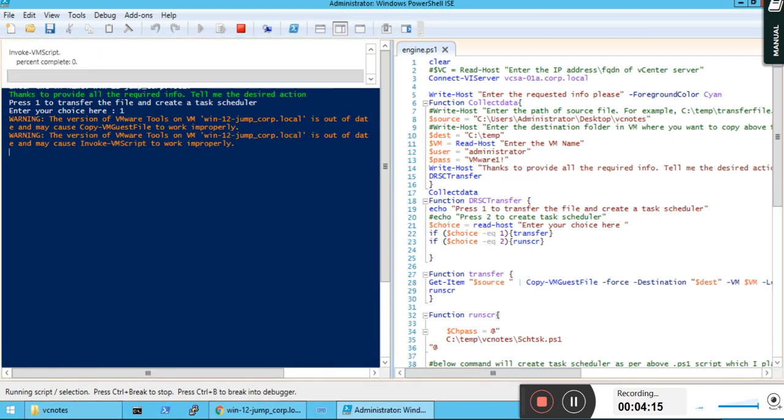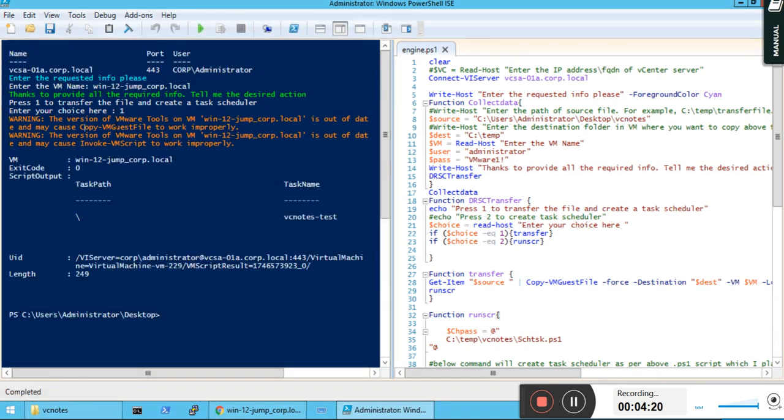Okay, so as you can see, there are two warnings. One warning is "4444 copy VM guest". It copied in that because the VMware tools are not up to date, so that's why it is giving a warning, or you can say information, but it will work. If you can upgrade the VMware tools before doing it, that would be great, otherwise it will work. But in any case, if the VMware tools are too old, then you have to upgrade them, no option. Or if the VMware tools are not installed, then you have to install them, right?